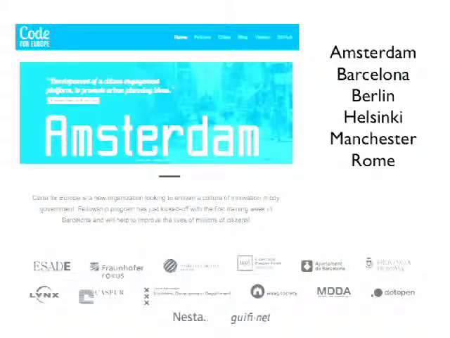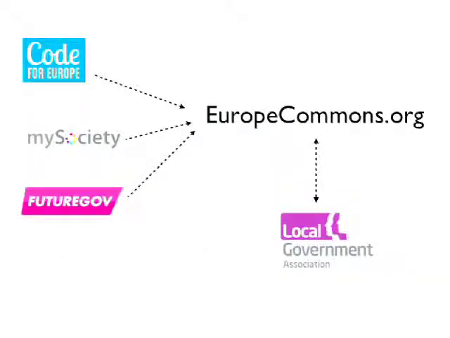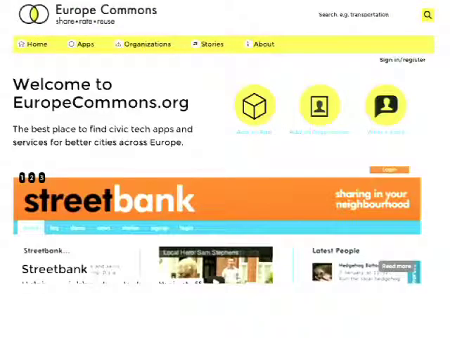Speaking of Europe, Code for Europe just deployed OpenCivic as their app catalog for Europe. It's a combination of Code for Europe, mySociety in the UK, another organization called FutureGov and the Local Government Association, and it's europecommons.org. And it looks somewhat like the Code for America Commons application catalog, but with a different look and feel and some different features, some different terms, but the underlying Drupal distribution and the schema for the metadata about apps and organizations and deployments, or what they call stories, is the same,